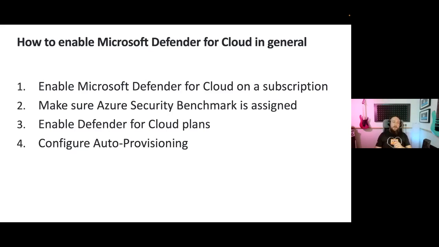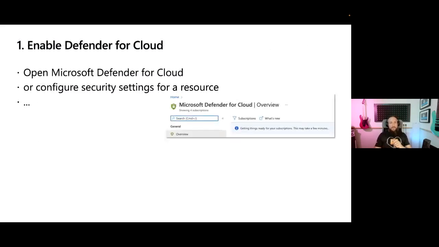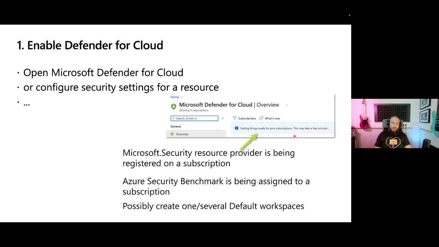So when we focus on enabling Defender for Cloud on a subscription, this is the screen that customers will see the first time they open Defender for Cloud on a newly created subscription. This screen says that we're getting things ready for your subscriptions and that this might take a few minutes. Under the hood, we automatically register the Microsoft.Security resource provider on that subscription. We automatically assign the Azure Security Benchmark to that subscription. And, as I mentioned before, we might create one or several default workspaces